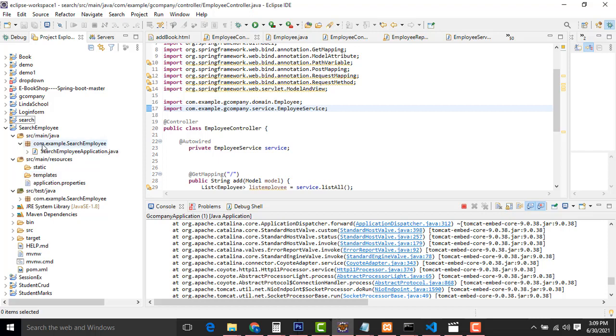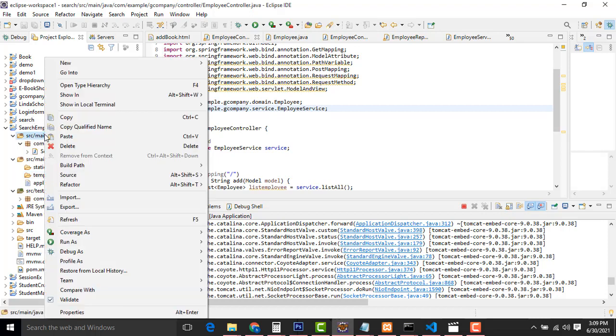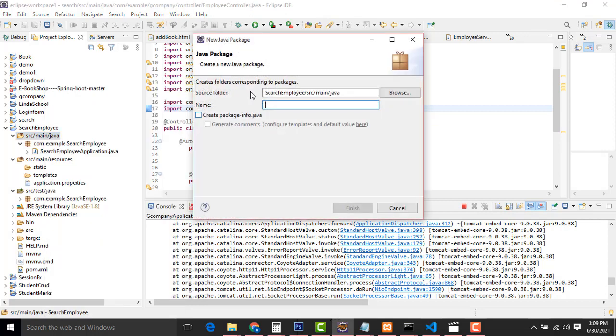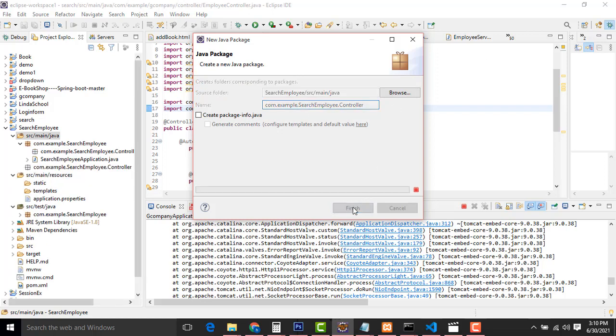Now first, what I am going to do is create the controller. So go to File, New, Package. Same thing: you have to write com.example.search, this one, dot controller. Finish it.